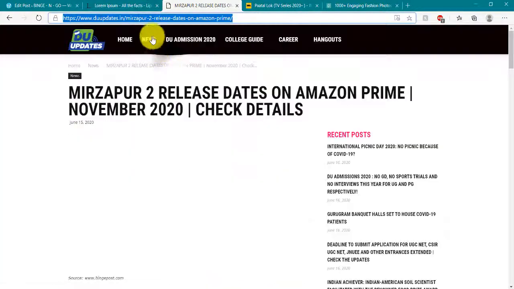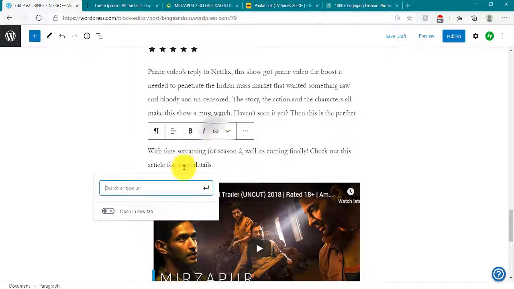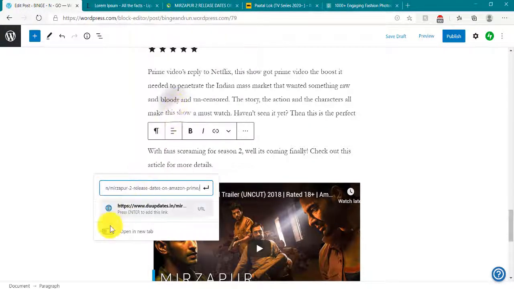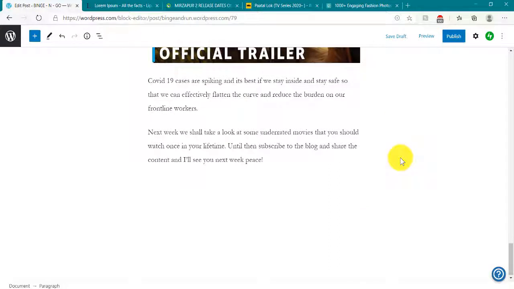Copy this, go ahead here, select the article, click on this link option here, paste the URL, click on open in a new tab, and click on enter. Okay, so once we are done, this is done.